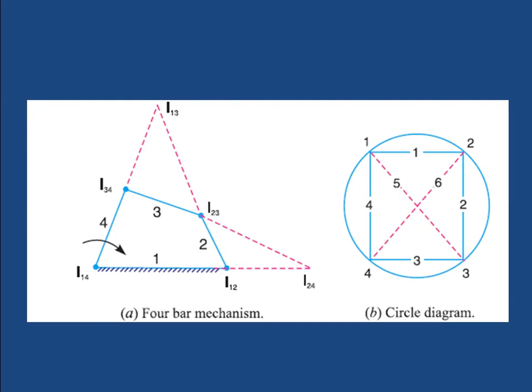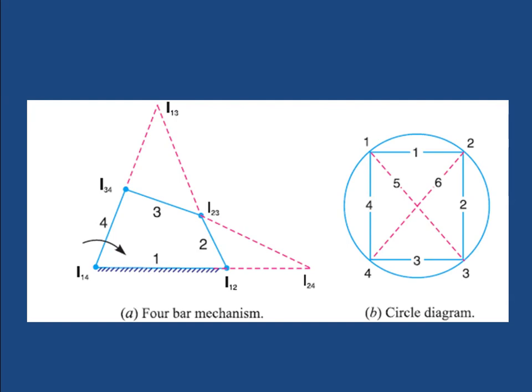Then, after drawing this, see now, if you want to get the combination of 1 and 2, it is directly available here. If you want the intersection of 1 and 2, that is it. If you want 2, 3, automatically 2, 3 is available. In the same way 3 and 4 is also available, and 1 and 4 is also available.